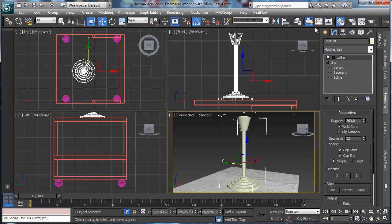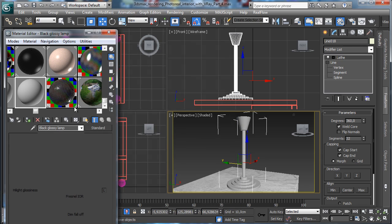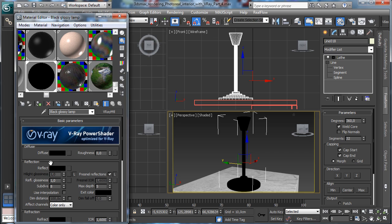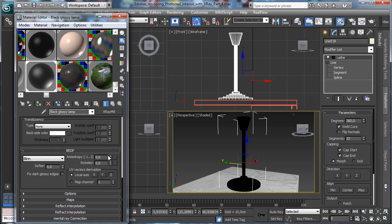Okay, there we can use another metal, let's say black glossy lamp. Assign Vray material, that's a dark color, really black, fresnel reflection, and it is really reflective, but we have 0.6 for the reflectivity, and we have -4 for the anisotropy, and then we use